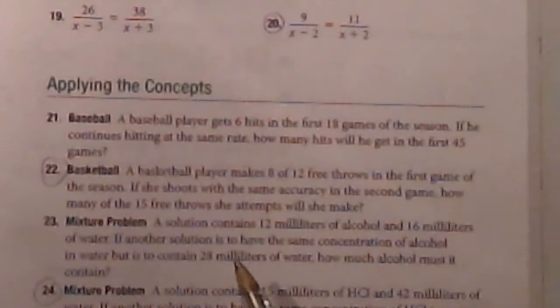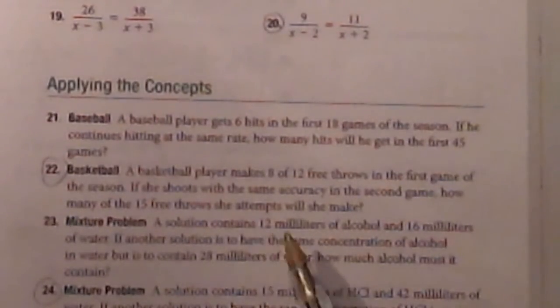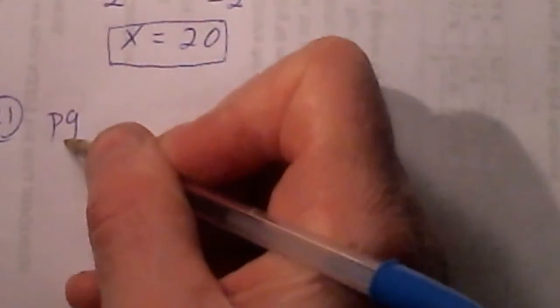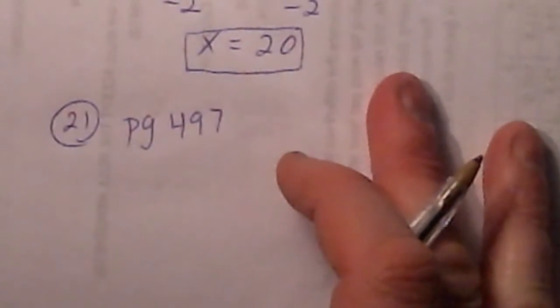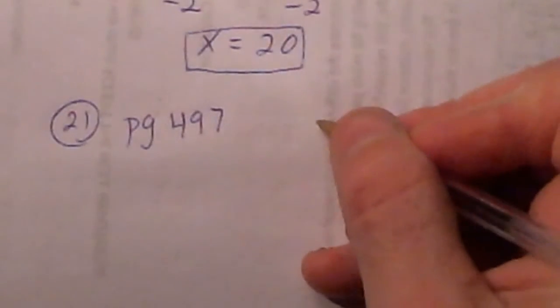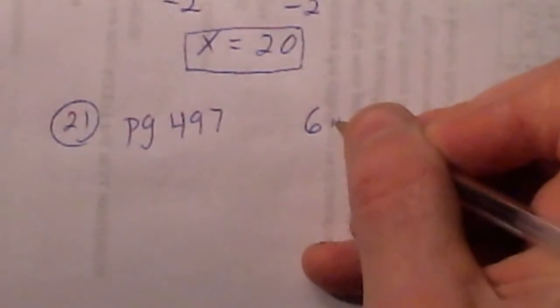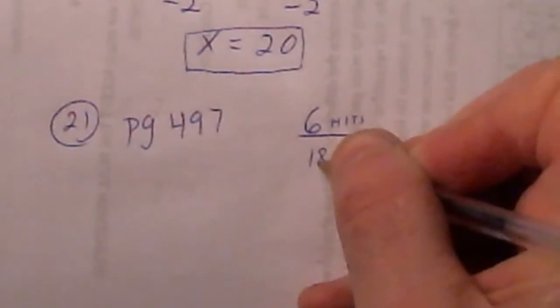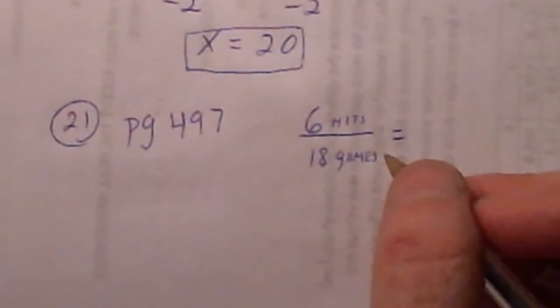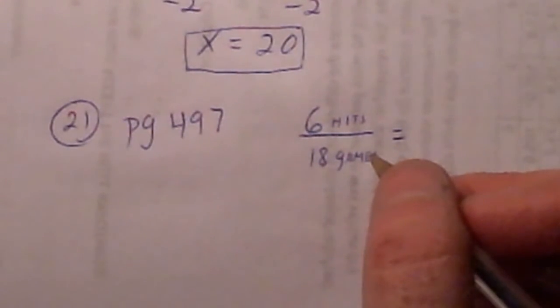Well, to do this problem here, we can set up a proportion to answer this word question. So let's see if we can do that. So this is problem 21 on page 497. Now again, it says that a baseball player gets 6 hits in the first 18 games of the season. So therefore, we can set up this proportion. 6 hits in the first 18 games. And then they want to know how many hits at this rate will the batter get in the first 45